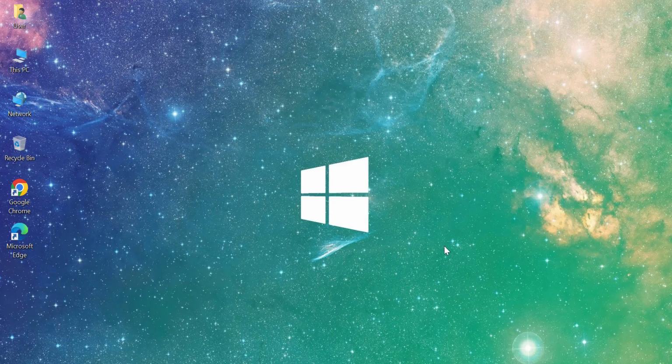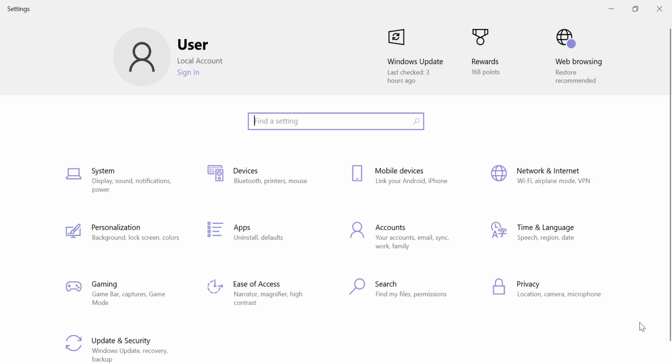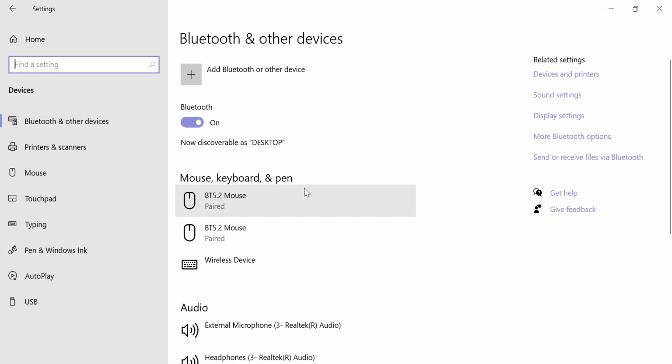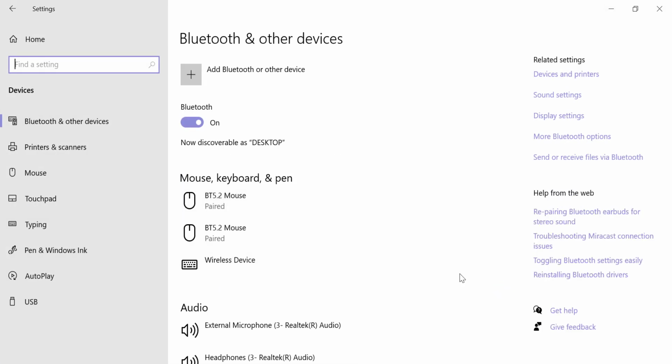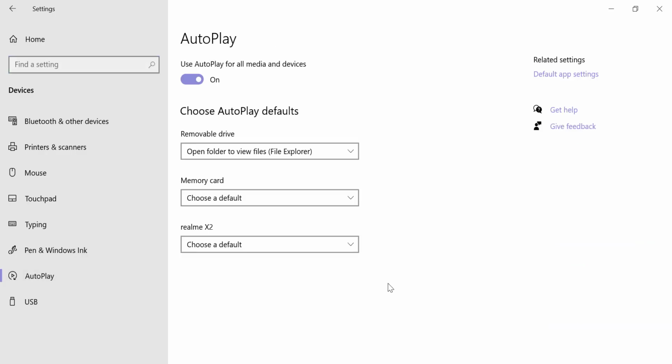Press the Windows key plus I on your keyboard to open Settings. Then click on Devices. From the left-hand menu, select Autoplay. You'll see an option that says Use Autoplay for all media and devices. Turn this switch off. Autoplay is now disabled, and Windows will no longer take automatic actions when you connect media